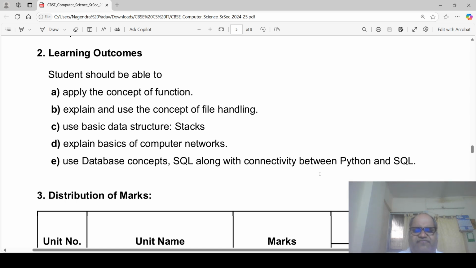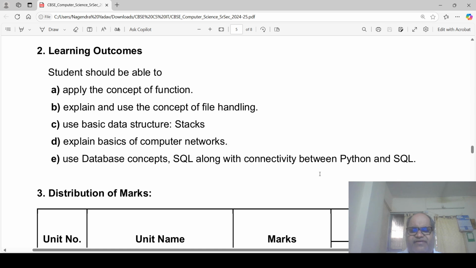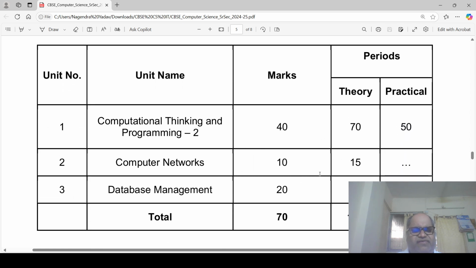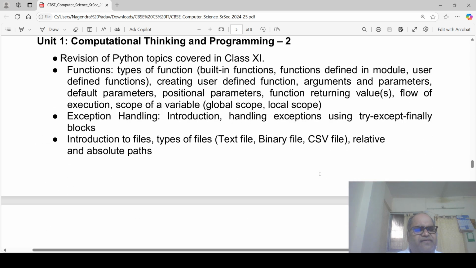So we'll also have some focus on basic connectivity, how you can connect to your databases and fire queries from your Python interface. We'll talk about certain components, and SQL also will be covered in some of our next videos. So more detail about it, they have covered function calling, and there are many other things about what are user-defined functions, what are built-in functions, and from there on, how you can pass parameters, what are positional parameters,